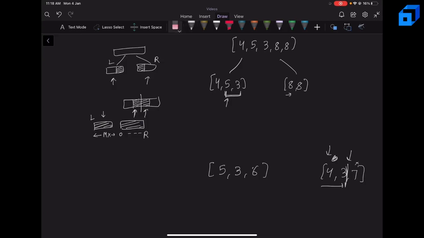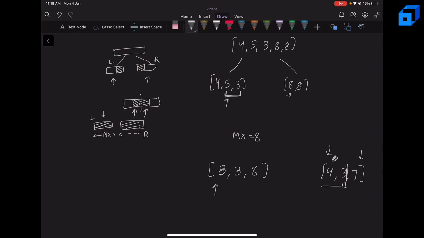Now if we move here, so we move to this left index. Now our current maximum is still 6. Let's say this was 8. Our current maximum is still 6. So we cannot further increment a right pointer because 7 is greater than 6. Again, we move to the left index and now our maximum becomes equal to 8. So now we can increment a right pointer since 7 is less than or equal to 8. So we increment a right pointer.